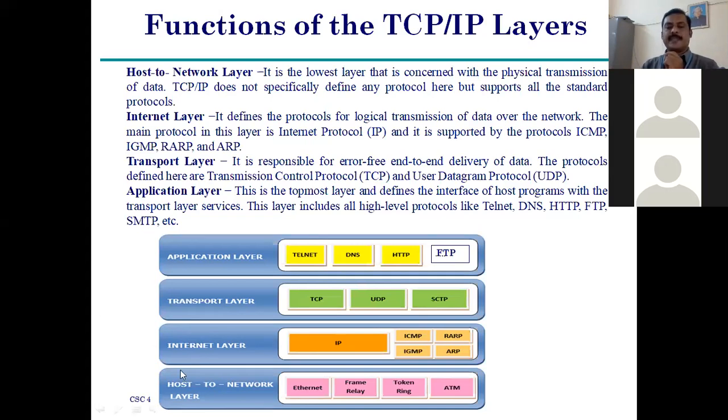So coming to ARP. This is the ARP. ARP means Address Resolution Protocol. It is one of the protocols by which we convert information from the physical layer to the logical layer, that is, the physical address to the logical address. Each and every system must have a physical address and a logical address. The logical address is also known as the IP address.